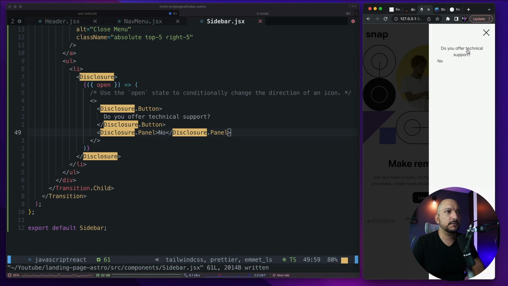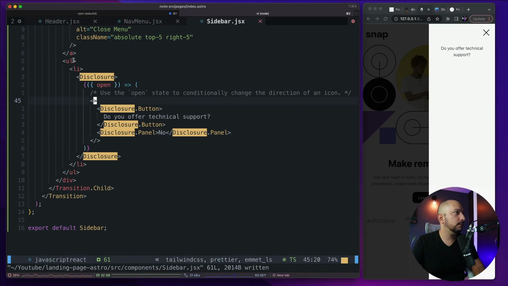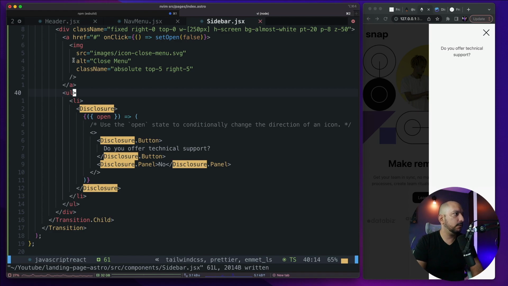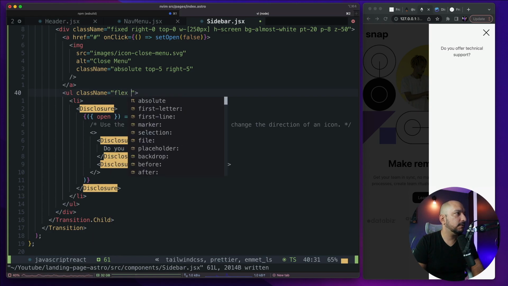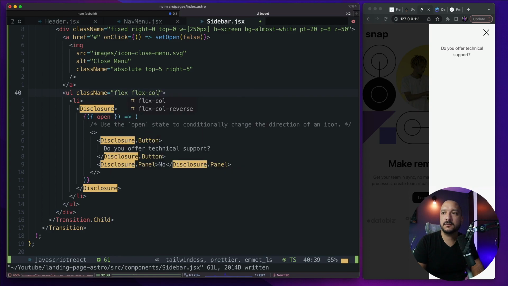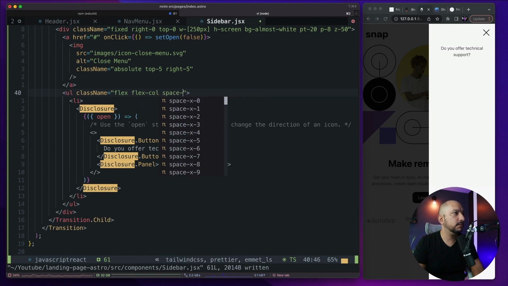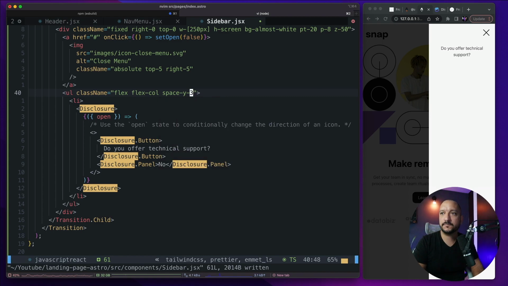And we can see the accordion here for this closure. So let's adapt this code to our project. So here we want to have some different styling. We want to have some flex container, so flex column, space wide should be 3, and we want to have